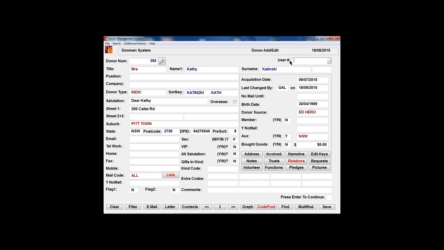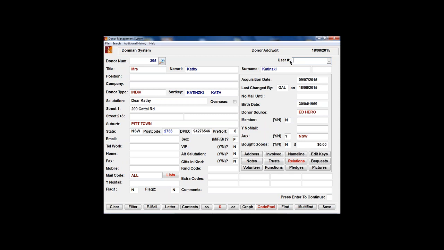In the case of a hospital, I might have patient numbers, or URN numbers, I think they're called, in there to identify the people. Whereas when I do things like the peer-to-peer fundraising with Everyday Hero and MyCause and Go Fundraise and the imports that we have in Donman at the moment, I can't do that, because I'm going to have multiple values for each person, because if they've been a donor and they've been a fundraiser on both of those platforms, then the person's going to have unique ID numbers